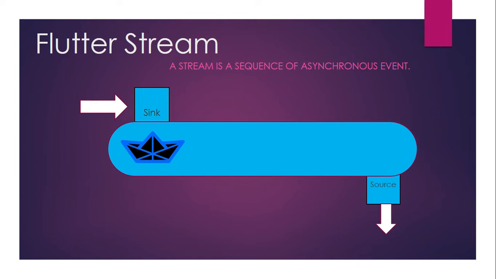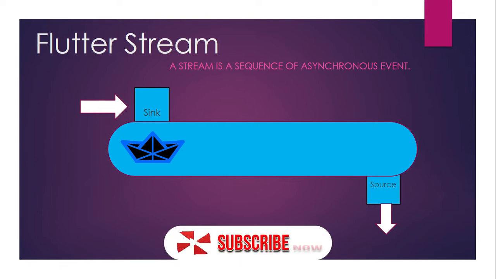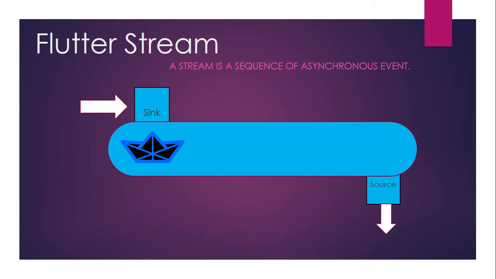So what is a stream? A stream is a sequence of asynchronous events. An event is nothing but any action or any new data that arrives in an app. For example, a stream is something that keeps on updating itself, where instead of getting the next data manually, we make use of a stream to update the data automatically. A stream itself will tell you whenever a new event has arrived.